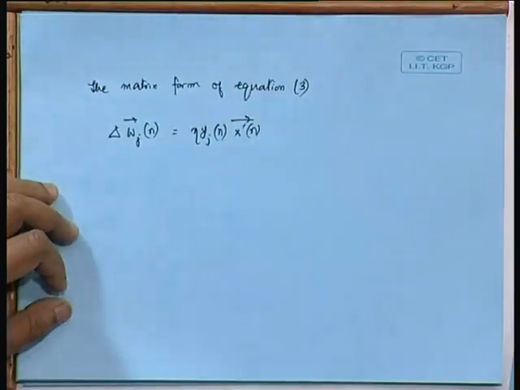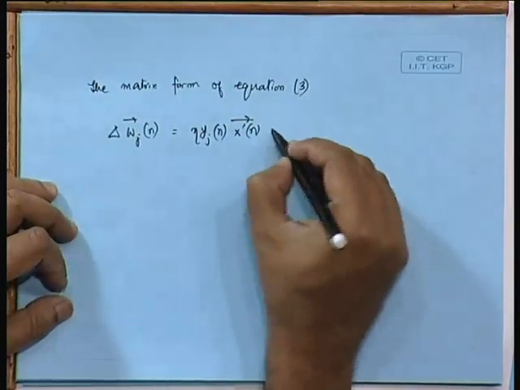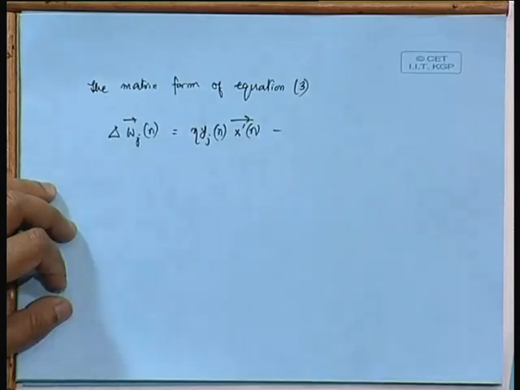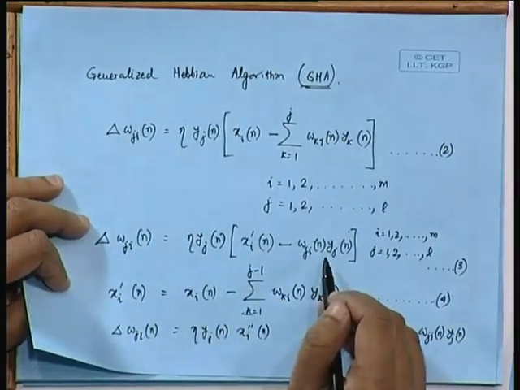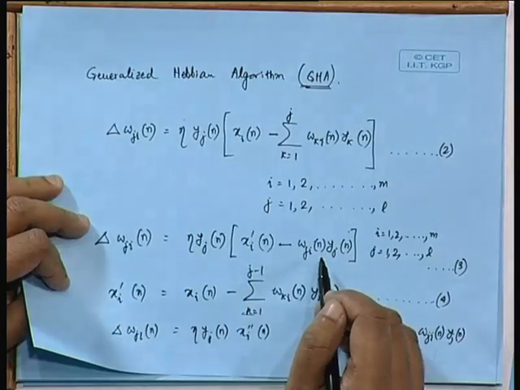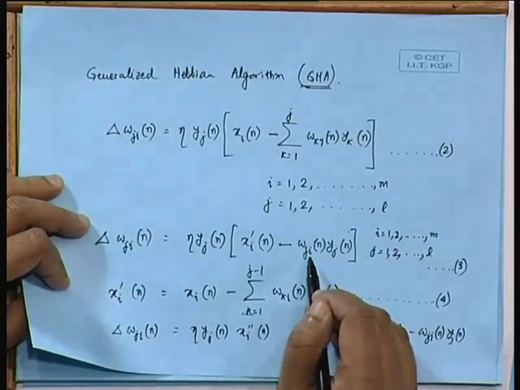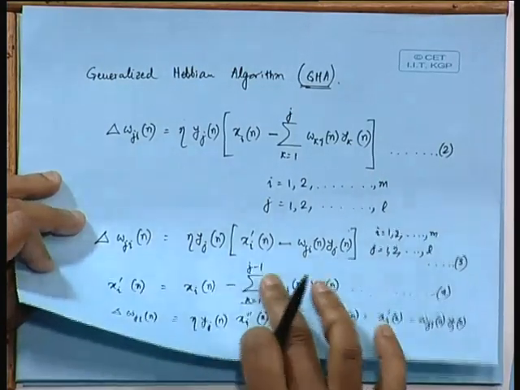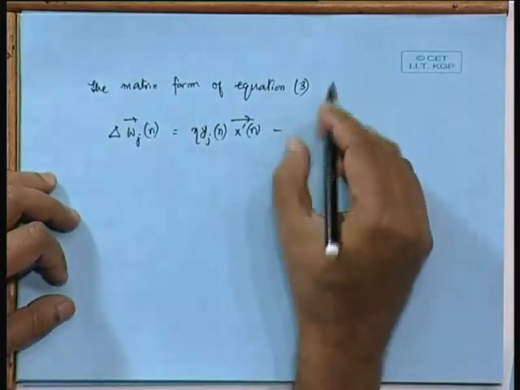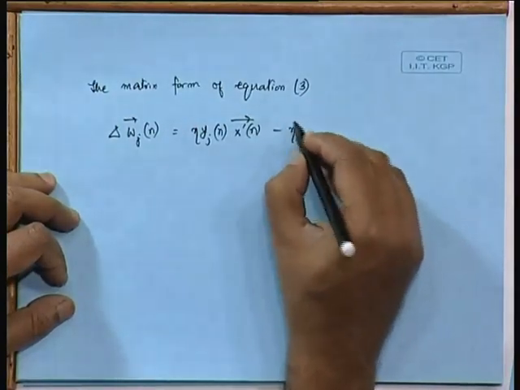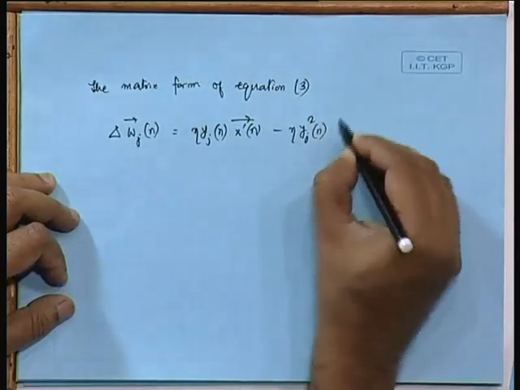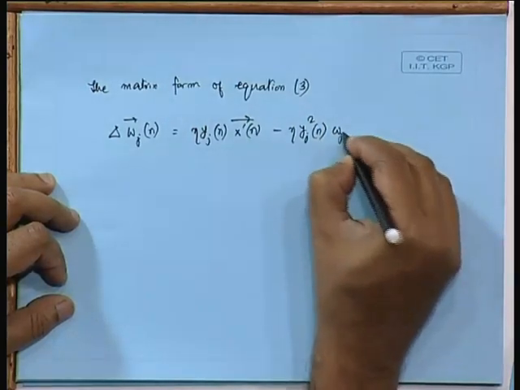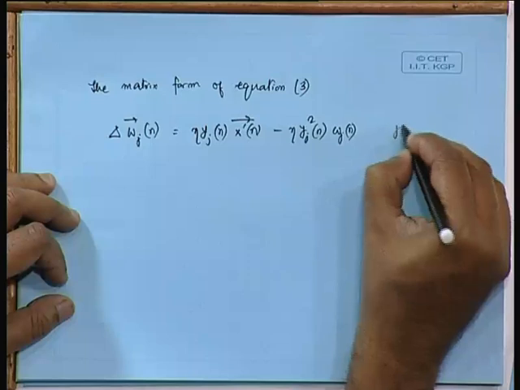So, this becomes the xi vector minus eta yj square wjn, which will again become a vector. So, this is equal to minus eta yj square for iteration n wjn, and this is for j